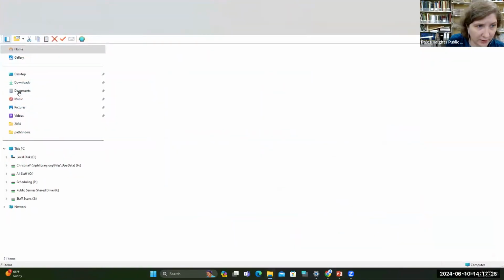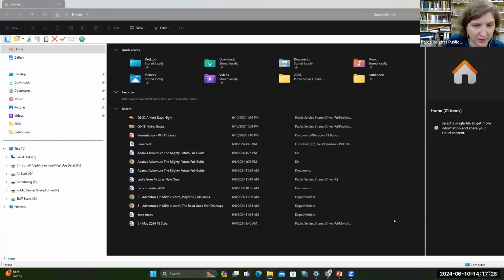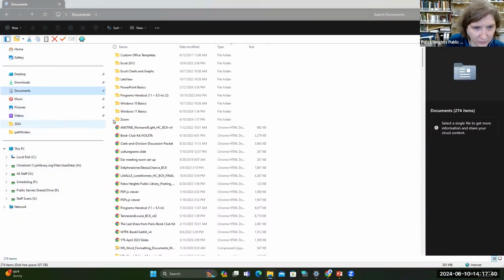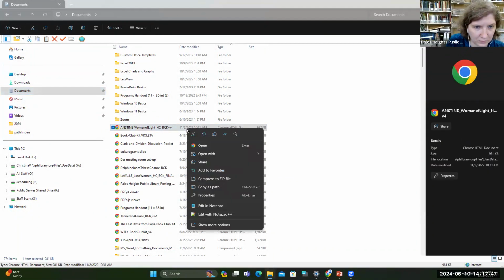Say I went to my File Explorer here. Also, a lot of times when you open up, it's black, but then when you go to a specific folder, it will show up as white. So let's say I right-clicked on this one. Here opens the menu. So this is for cut.